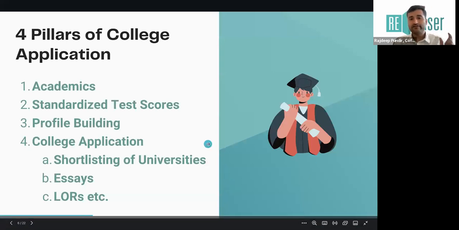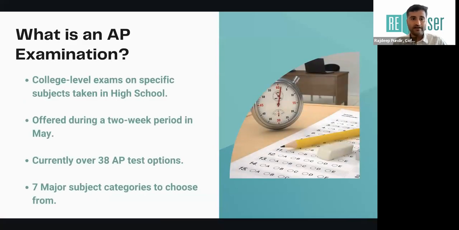Now with that, let me deep dive into today's topic, which is your AP examination. So I think the first thing that we want to understand, and I'm sure a lot of people have this confusion, is what is an AP examination, right? So let me give us a bit of history. In the US, there's an organization called College Board. And I'm sure if you are talking about APs today, you have some context about the SAT as an exam, right? So in the US, there's an organization called College Board, which conducts this exam called SAT. It's the same organization which also conducts these exams called advanced placement courses or advanced placement exams, which are known as AP exams, right? So it's the same organization which conducts it.